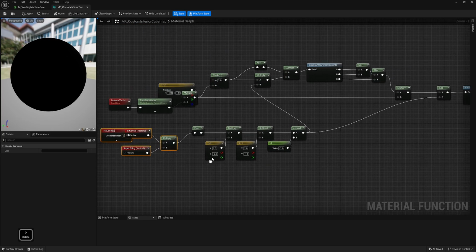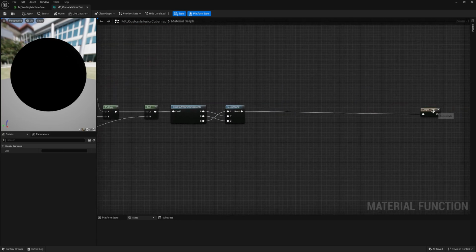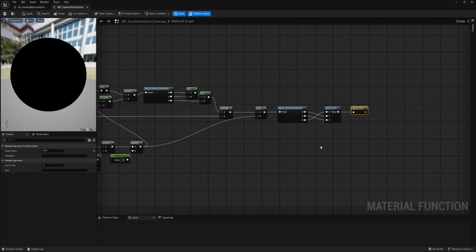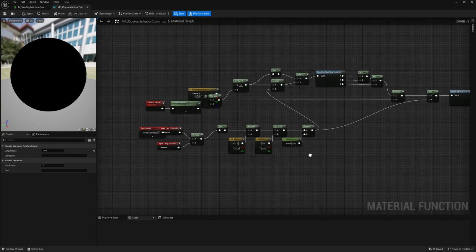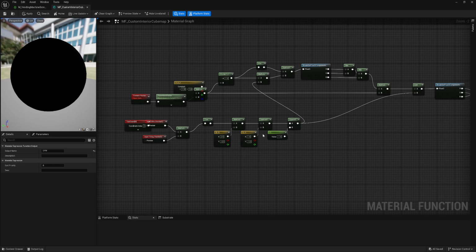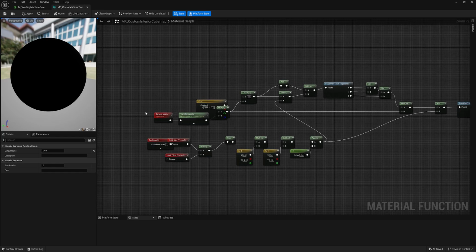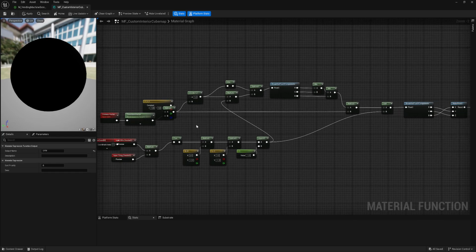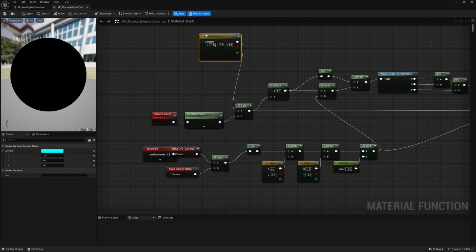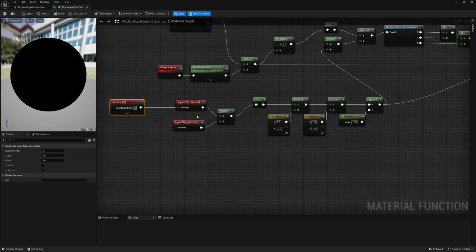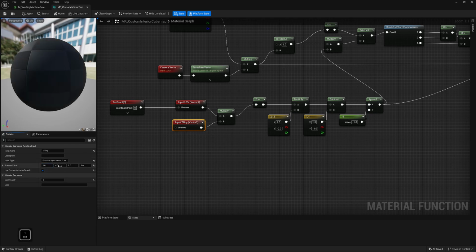Yeah, so everything we need is just in here. I will clean it and add parameters so we can control it in the material instance. Then I will slowly go through it so you can copy. Okay, so we have this, and we need this. Then for the tiling, if I click on this input, this is where they had this 4x4. So I will set the default to 1.